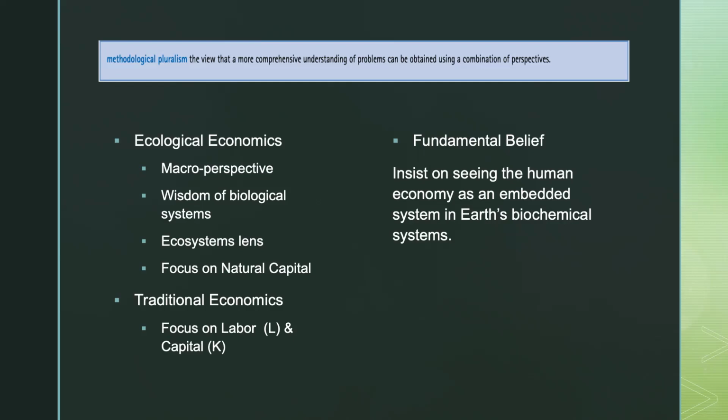So one of the things that this means is that as an ecological economist, you can't rely solely on the discipline of economics to inform your understanding of a system. We have to tap into the wisdom that comes from scientific, biological systems, chemical systems, physical systems. So what this requires is that we're taking an ecosystems lens. We're looking at the environment as this very complex system of interactions between each of its component parts. And so the focus here for an ecological economist is in the value of natural capital.